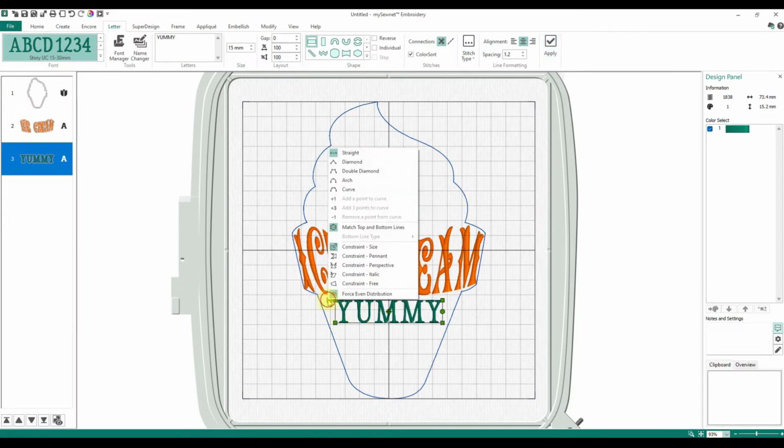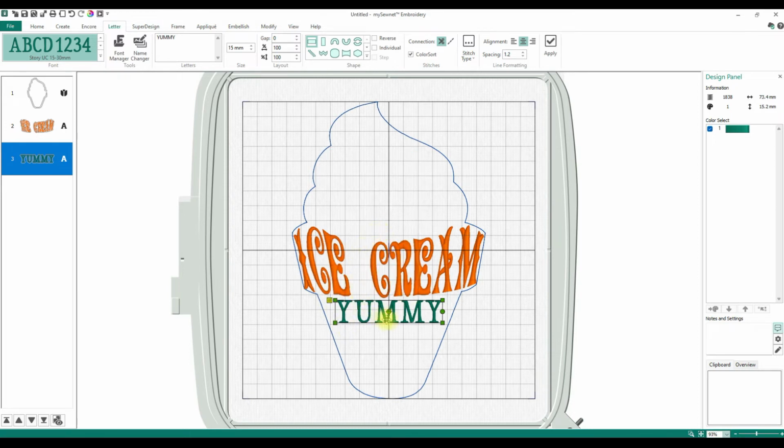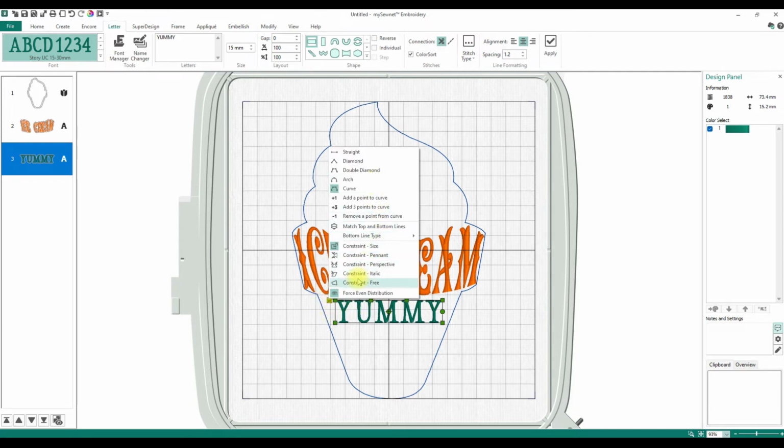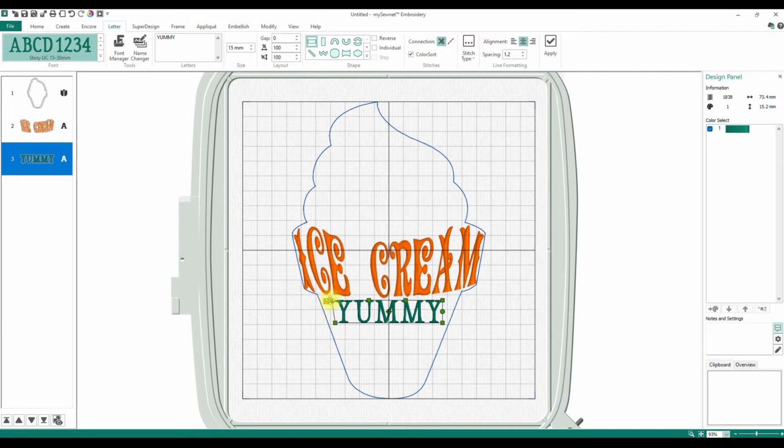Same concept. Now on this one, I want to match bottom and top. I don't. I want this to stay straight on the bottom. I only want the top to be the curve on this one. So I'm going to add the curve to the top, and I'm going to do constraint free. So I can come in here,